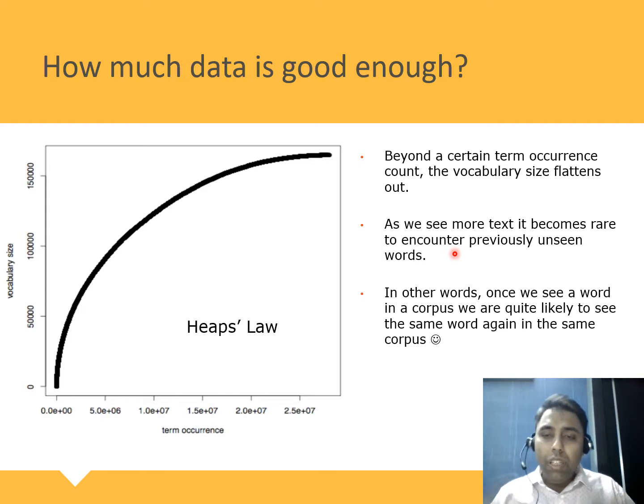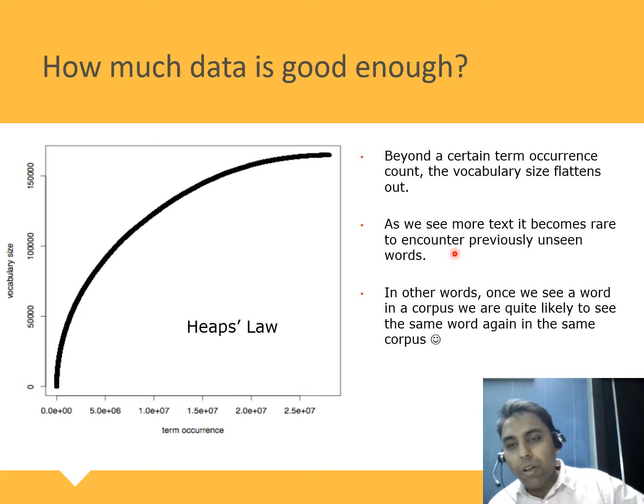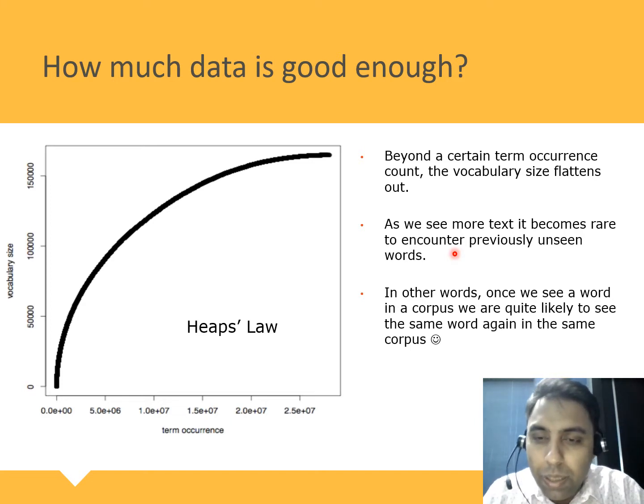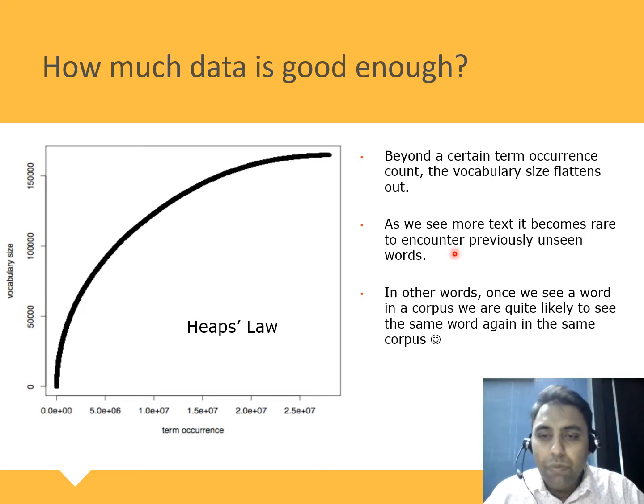And if you are seeing words which you have already seen before, then that doesn't add to the vocabulary size, right? Because the vocabulary size depends on the number of unique words that you are dealing with. So that's quite a relief, and